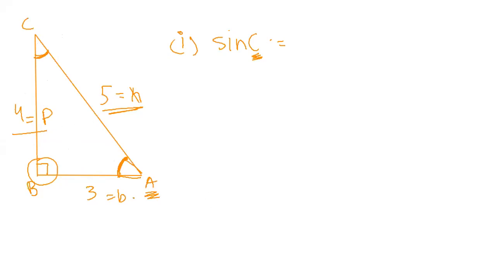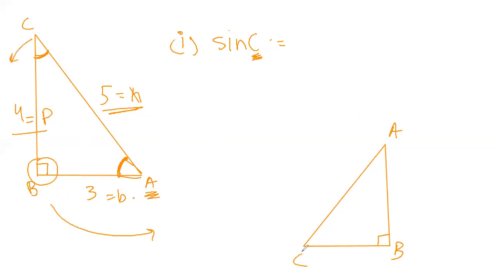So we'll try to rearrange this figure. Okay, so I've tried to rearrange this figure and I have taken A upward. So this will be A. I've taken B towards here, so this will be B, and C this side, so this will be C. So sine C is basically telling you that the alphabet present here is the angle in the triangle. That is, C is the angle, and sine C is telling you to tell me the perpendicular upon hypotenuse, with respect to angle C.